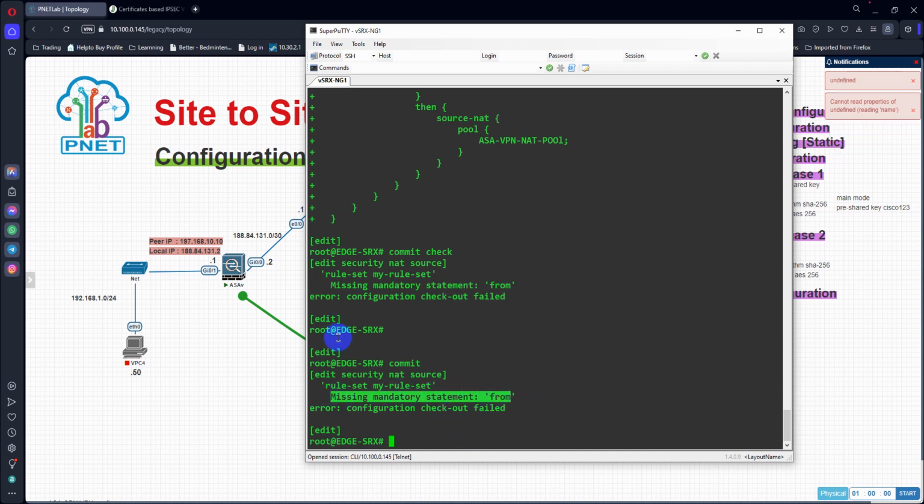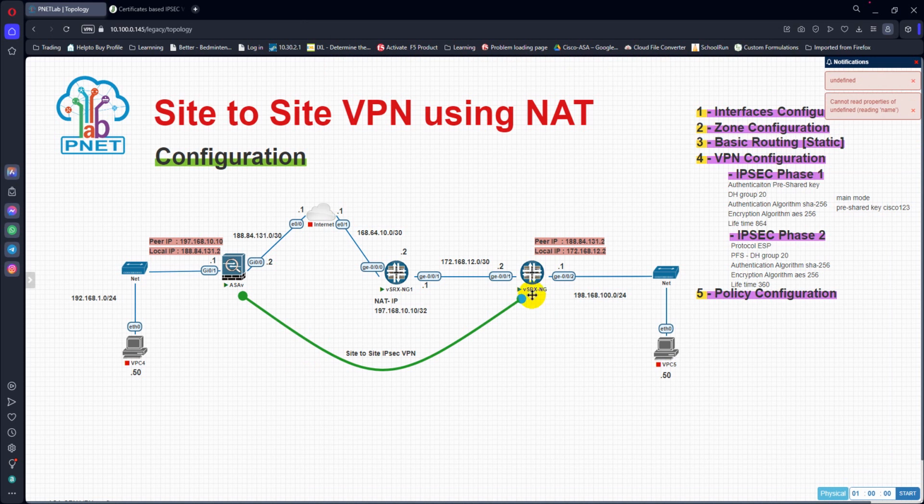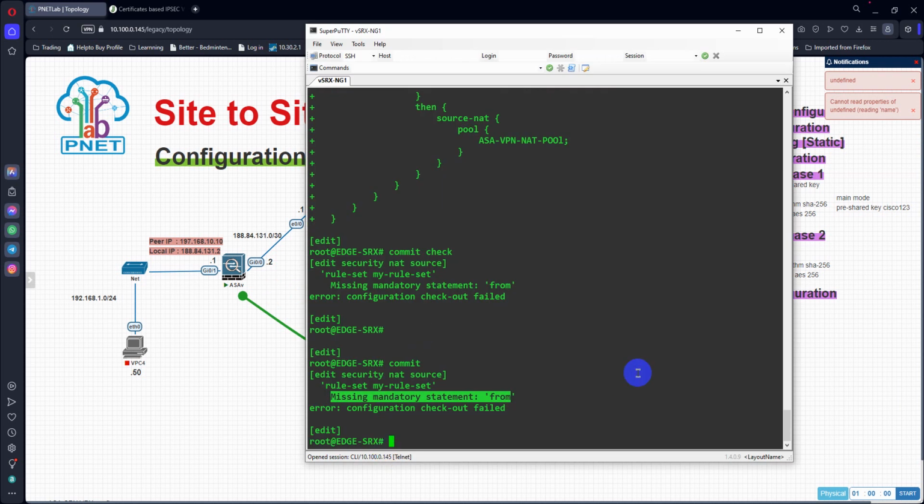All right. So remember we talked about that we need to first decide, okay, the traffic is coming from where? So traffic is coming from transit zone and going to where? Going to untrust. Okay, if the traffic is coming from and going to, then we need to check that, all right, so the traffic is coming from transit and what is the source IP and what is the destination IP. So these are the mandatory statements. So we need to define